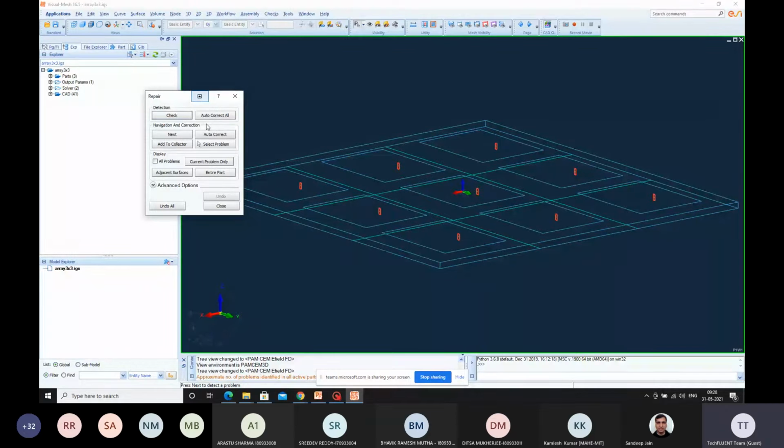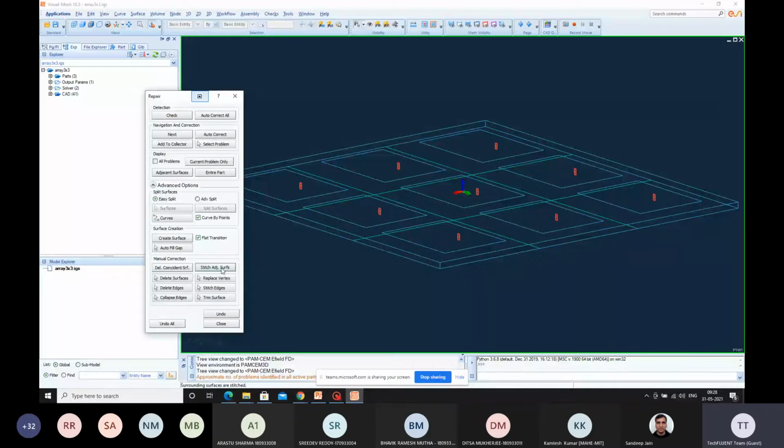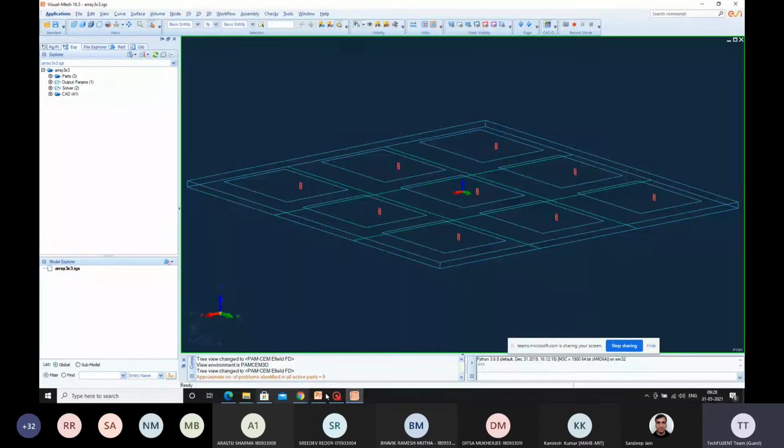And then we have to go for stitch adjacent surfaces. So you can see almost nine surfaces that we have utilized here were not stitched to the patch layer and ground layer. That's the reason we were getting some issues. And one more correction we were requiring is, we have to follow the exact thing that has been specified in the document. So one correction which was required from the old document to the new document is,